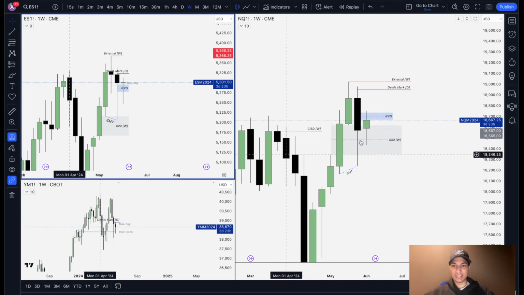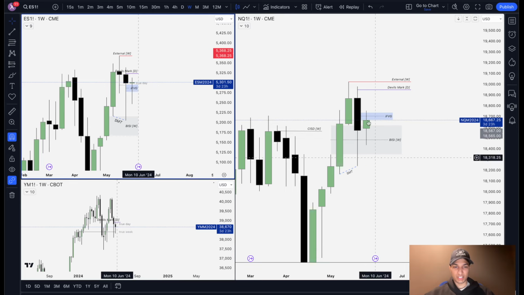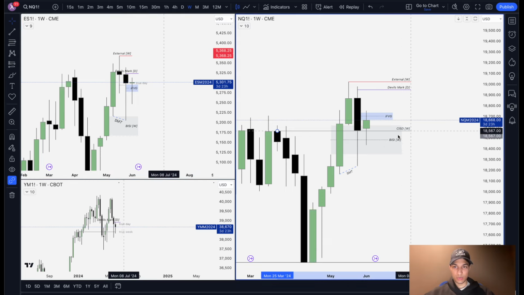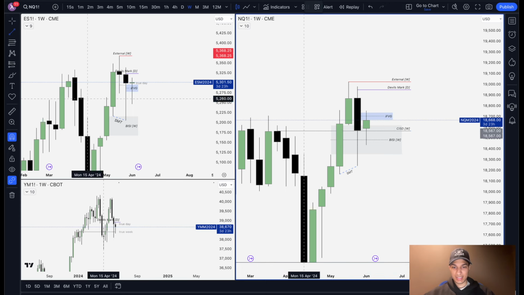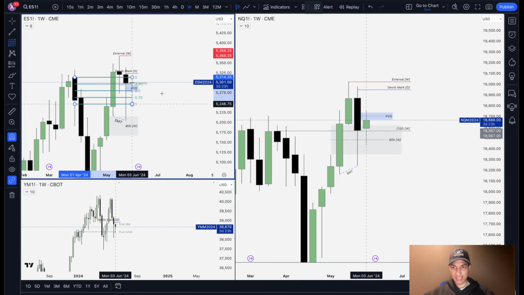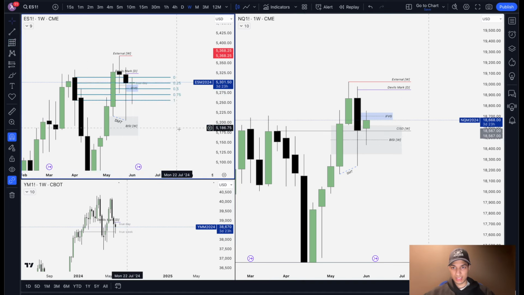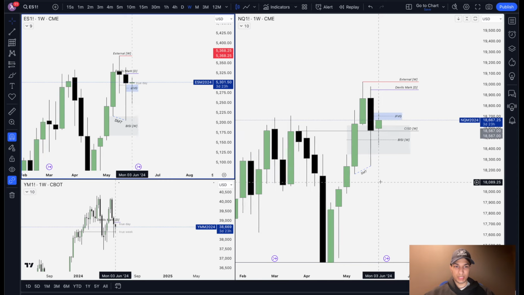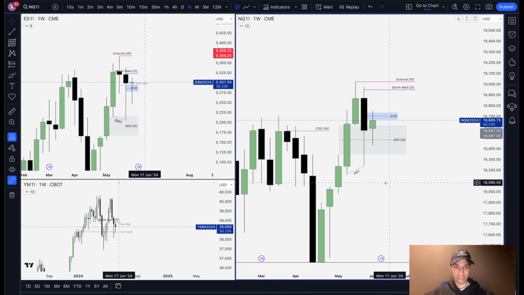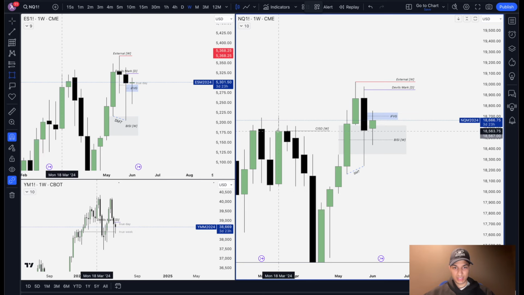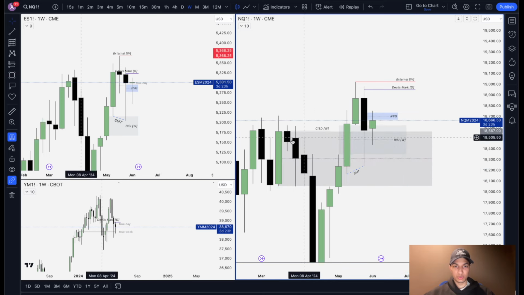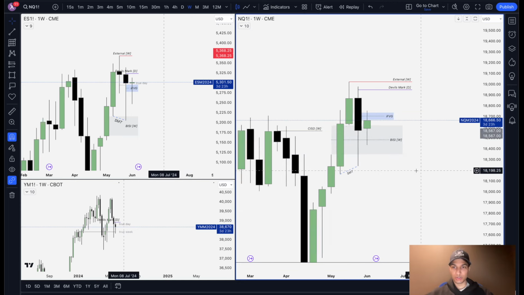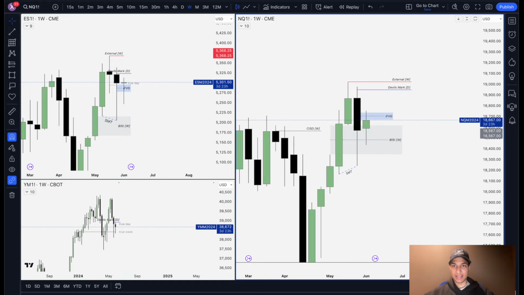In addition, what we can see is that a bullish narrative or confirmation for all the indices was the holding of this weekly change in state of delivery level on the NASDAQ, closing in that upper quadrant of the same order block on the ES, right at that 25%. And then also that daily SMT, which we noticed. So we had a couple of PD arrays of interest on our weekly chart, which were: 1, this breaker; 2, this change in state of delivery or order block; and 3, this internal range of liquidity, all of which gives us a bias to look for longs